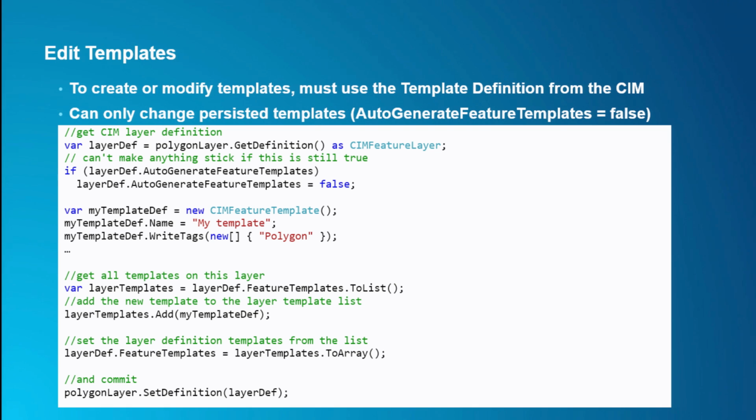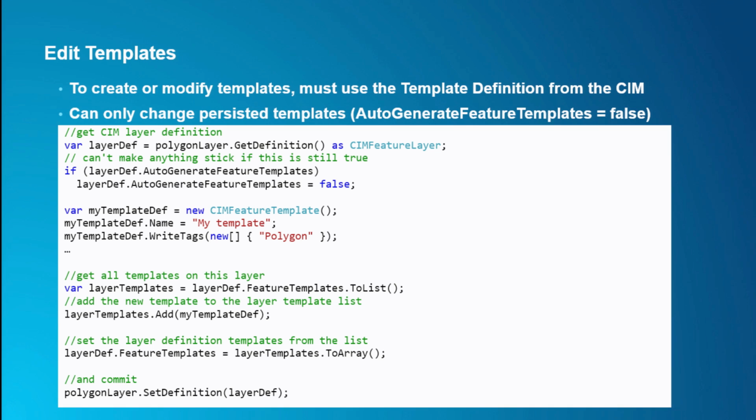And the other thing we need to be aware of is this flag called auto-generate feature templates. And that's a property that sits on the CIM of a feature layer. And if that is set to true, then unfortunately, no matter what you do, your saving and your templates are never going to stick. And that is, the auto-generate feature templates is what Pro uses to know that when you